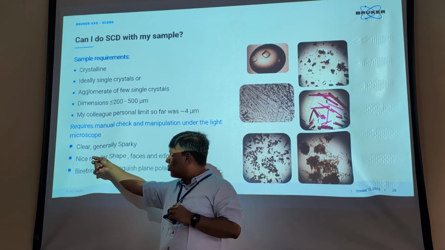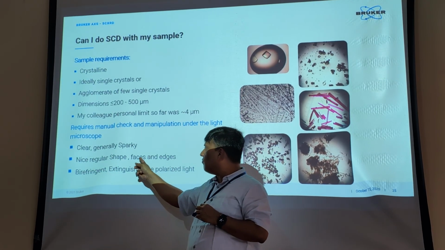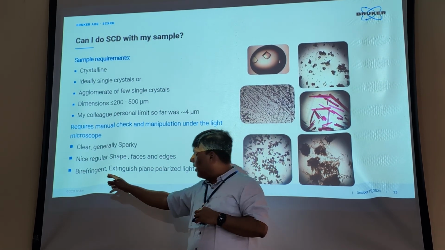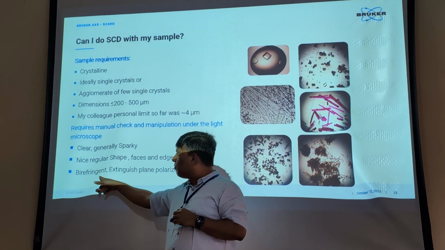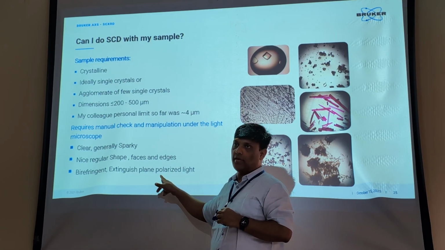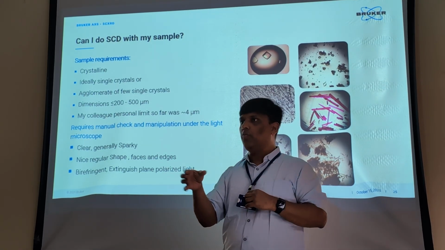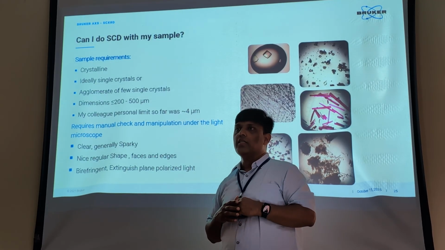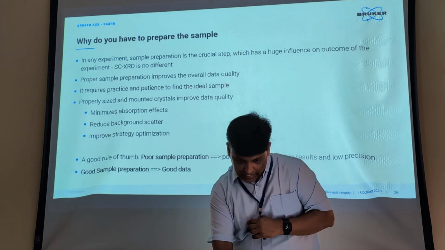When you look under the microscope, the crystals are clear, generally sparkly, with nice regular shape, faces and edges. And you have a polarizing microscope here. When you rotate your polarizer, it should extinguish the light. Okay, so that means the light has to pass through once, and one time it should come. So that is the property of a single crystal. But glass won't show that. Okay, so then